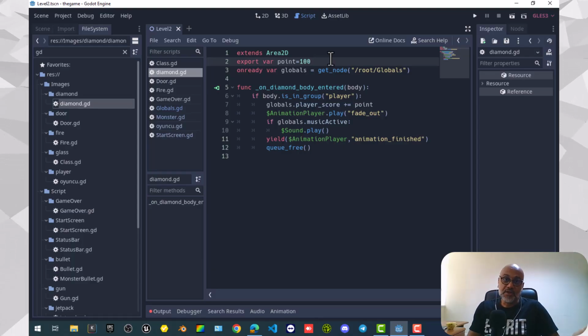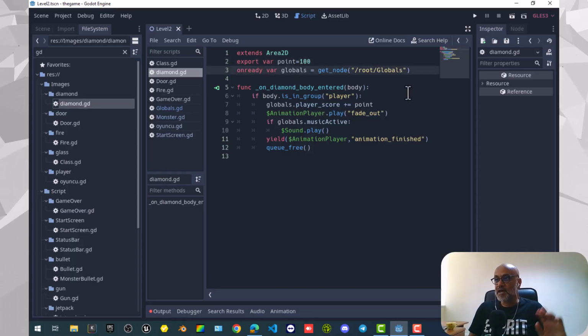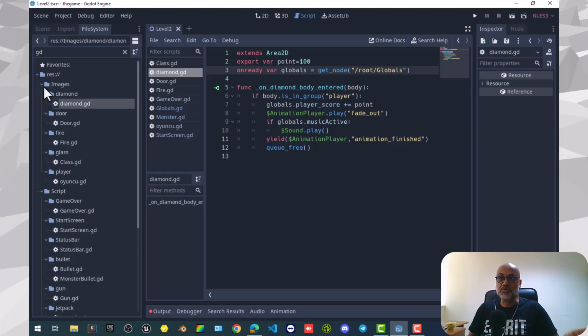GDScript is an object-oriented programming language, but it still uses some old stuff from the past, and this old stuff is the concept of global variables. We do it with this line of code, the third line, which is an onready var called globals. The globals will get the node from /root, which is the root of the hierarchy, and it will look for a place called